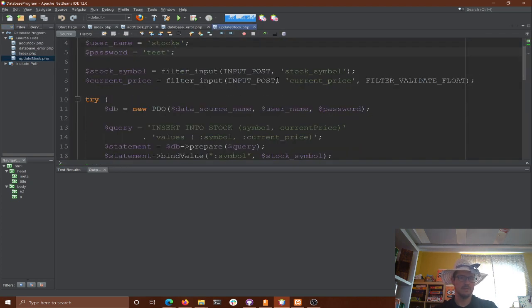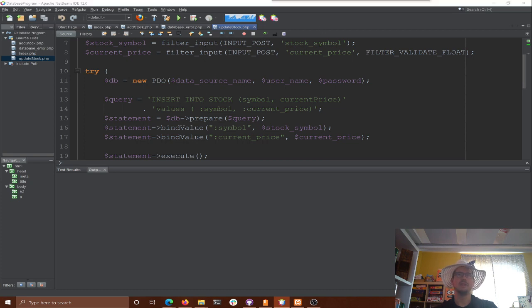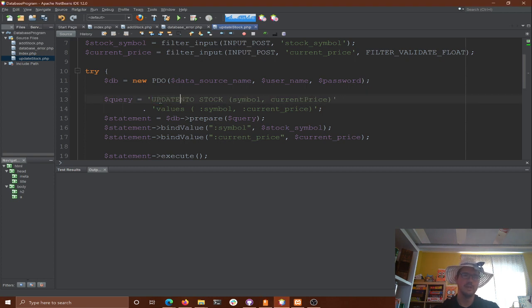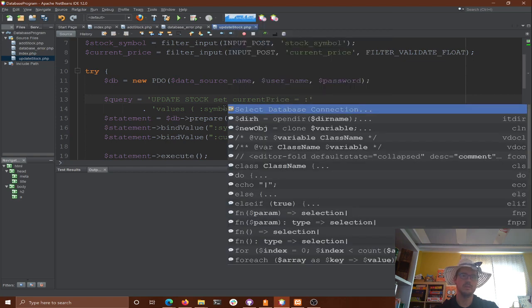Okay. So now we're not inserting. Right. Now we need to do an update. So remember, with SQL, you can update stuff given a where clause. I'm just making sure I've got the right thing here. Yep, awesome. So we're going to say update stock. We want to set the current price equal to, and we're going to put in a substitution here for current price.